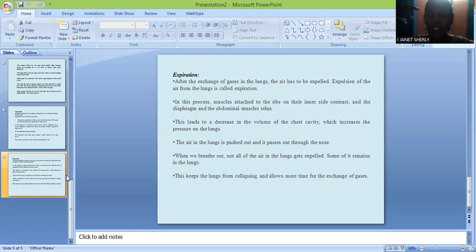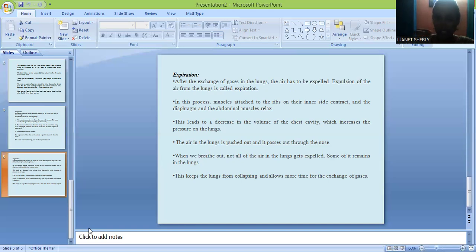And there will be some relaxation of the abdominal muscles and the diaphragm. So this obviously decreases the volume in the chest cavity. And this decrease in volume is going to increase the pressure on the lungs. So this pressure is going to push the air out. So the air in the lungs is pushed out and passes through the nose. So when we just breathe out,